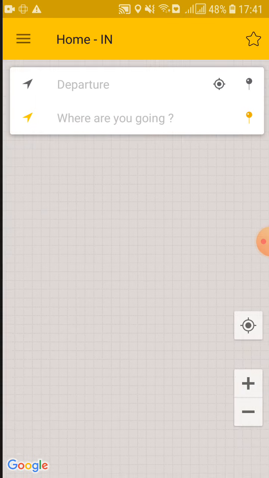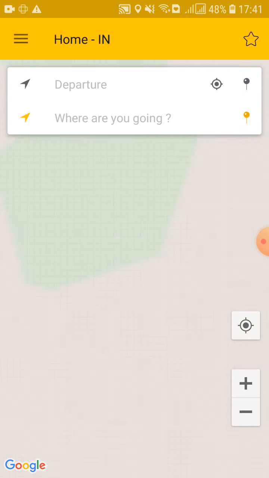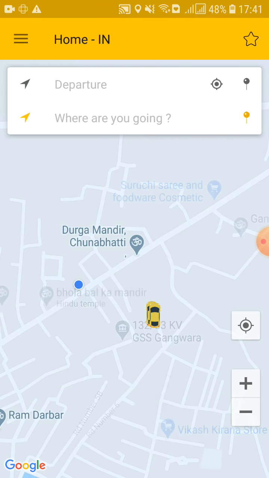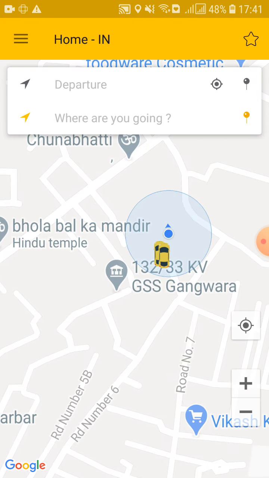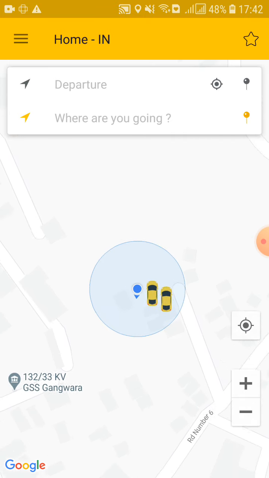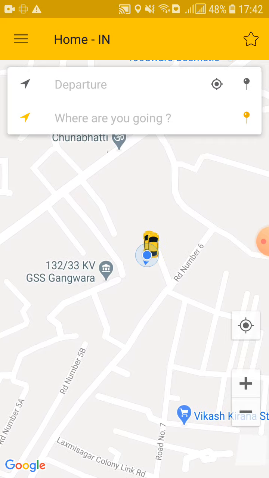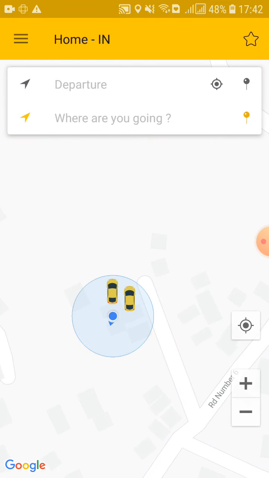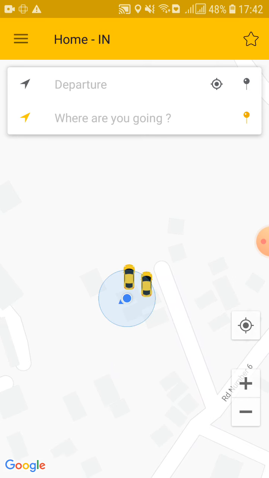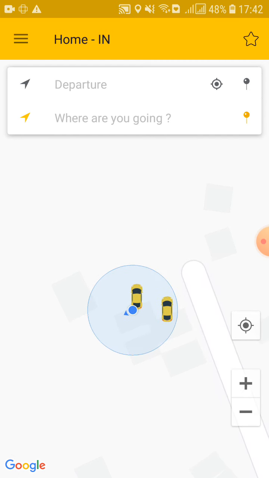So, we have clicked this application and wow, this is showing our current position right now. Let's zoom out, zoom in. Yeah, I see two taxis near me, but wait, it's not two taxis near me. One taxi is the driver and one is for me. We will discuss it later, but you have to imagine that one taxi here is the driver.